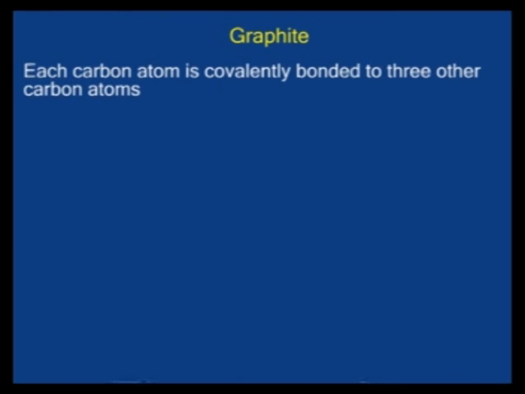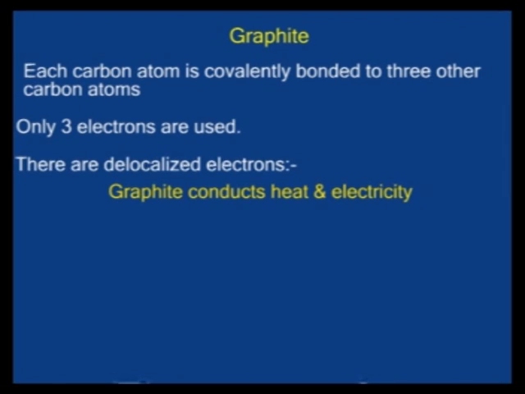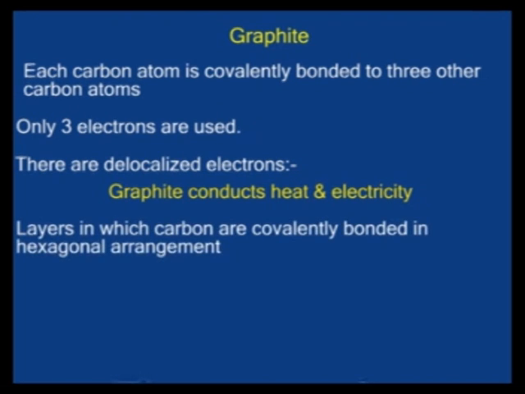On the other hand, in graphite, each carbon atom is bonded covalently to 3 other carbon atoms. Now, based on the knowledge that carbon has 4 valence electrons and that in graphite it bonds to 3 other carbon atoms, it means there is an unused electron which is usually delocalized in the graphite structure, and that is why graphite conducts electricity. The structure of graphite consists of layers in which the carbon atoms are held together by